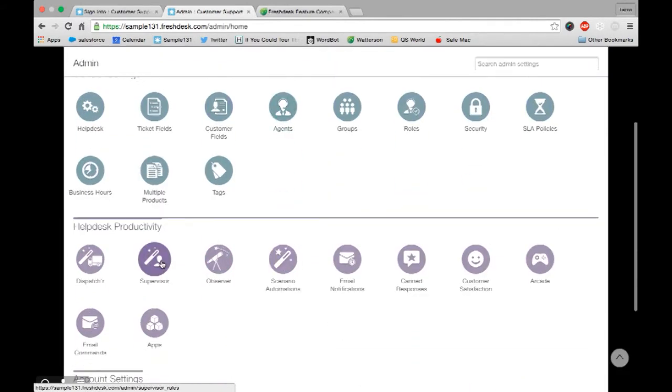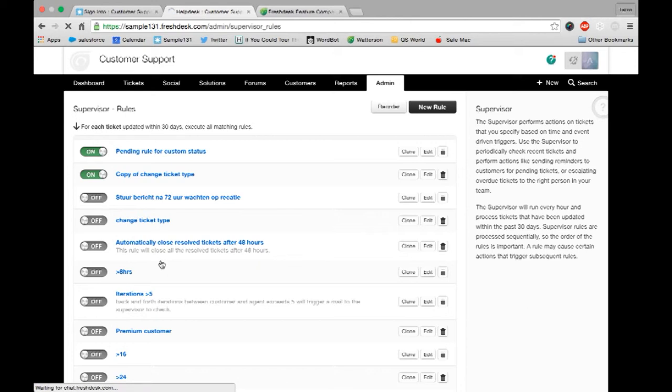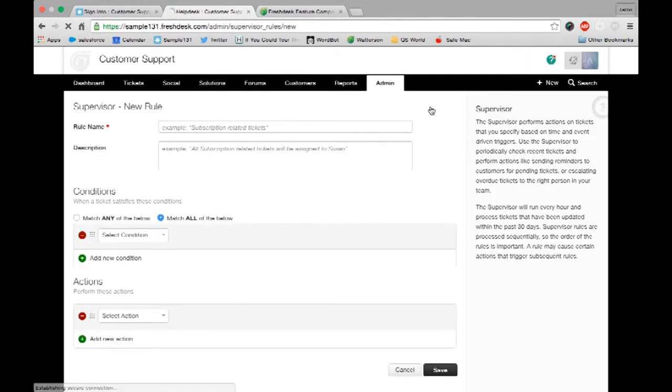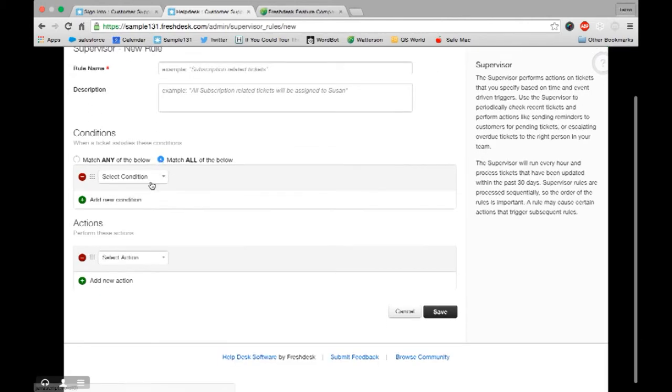So next up we have the supervisors. As the name suggests, it's a virtual supervisor. To give an example, let's say a ticket has been assigned to me and I haven't responded to the customer for more than 3 hours. Now what you can do is, as a manager or as an admin, you can go ahead, set up a rule which says that